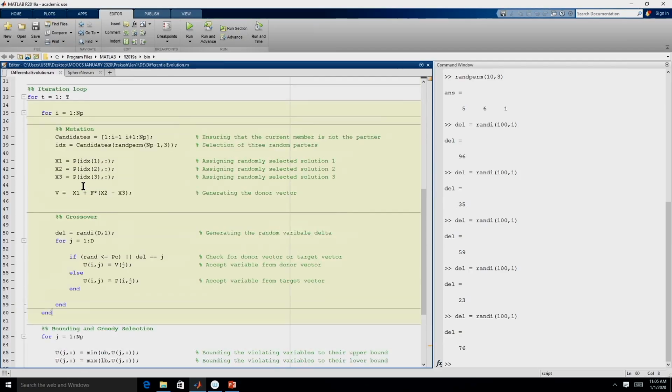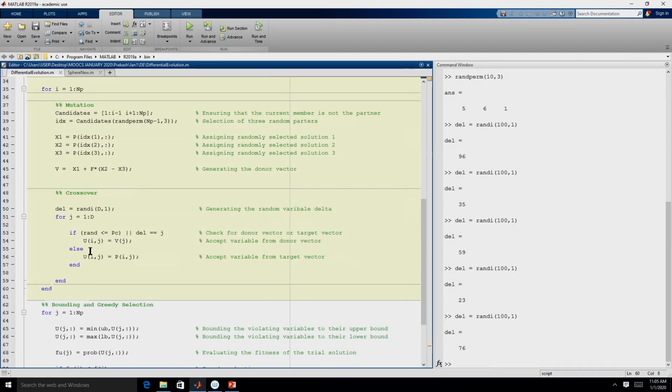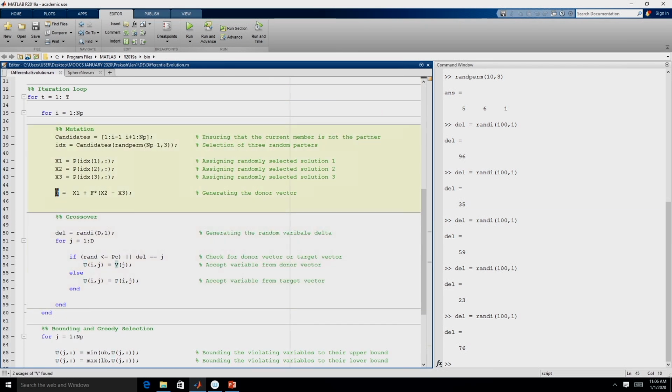So, that would complete the crossover operation. At the end of line 60, we would have completed crossover as well as mutation for all the population members, and the trial vectors are stored in U, the target vectors are in P. This V, we are not necessarily storing V of every population member. We generate the V for the first population member, decide on the trial vector, and then we overwrite it, because at the end of crossover we will require only the trial vector which is stored in U and the target vector which is stored in P.